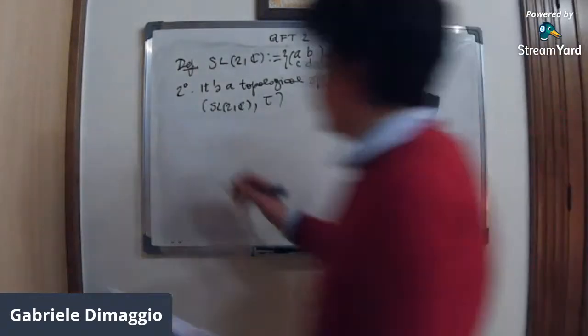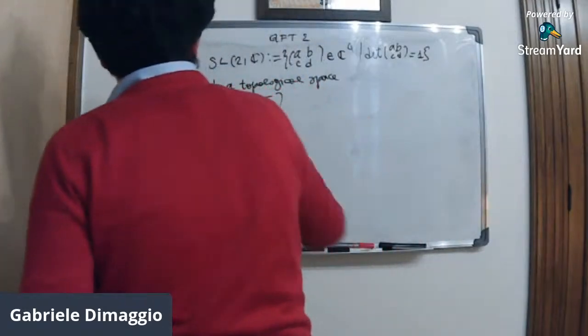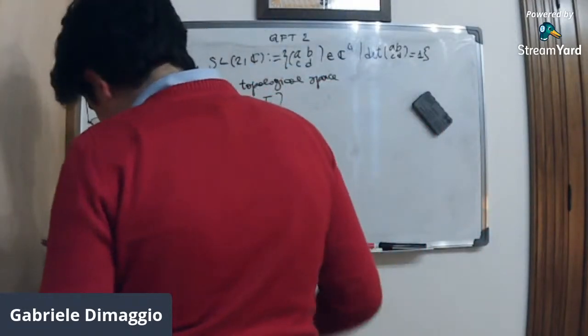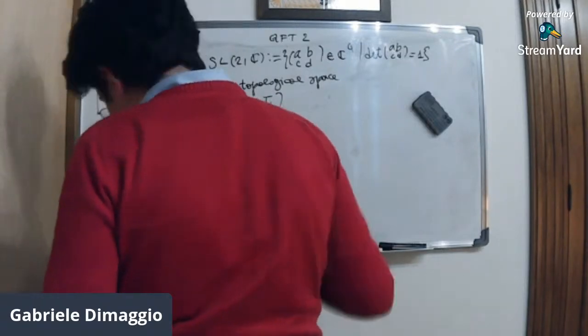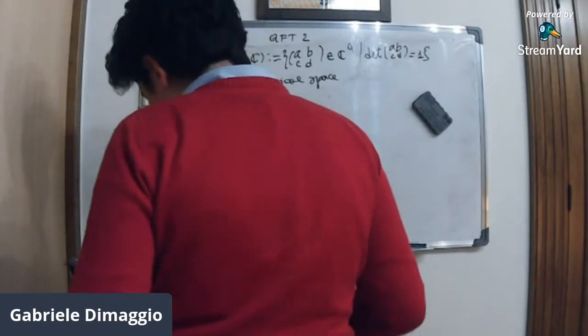I can take this set B_R(zeta), the set of every y in the complex field such that